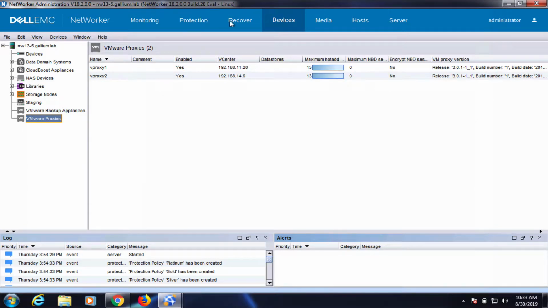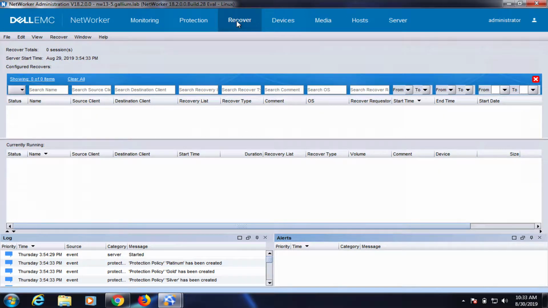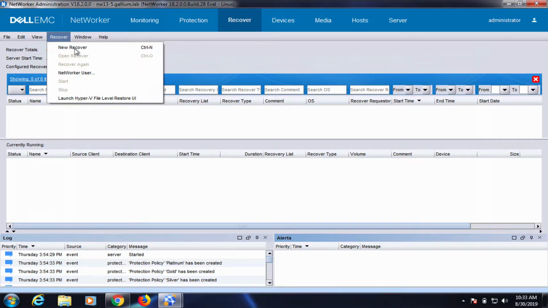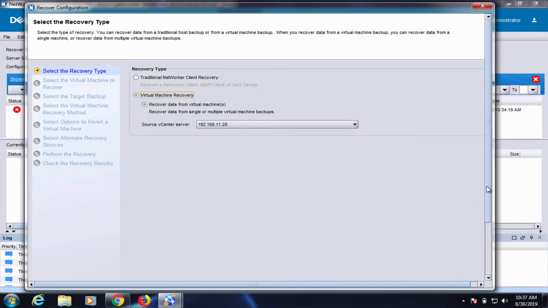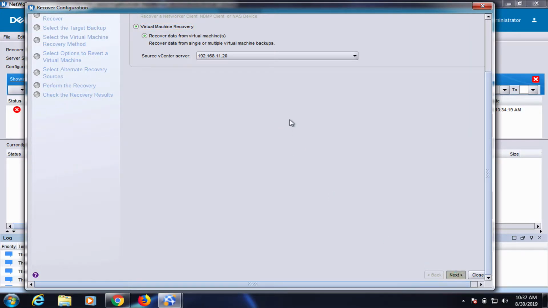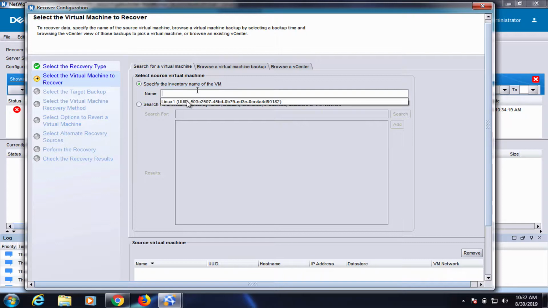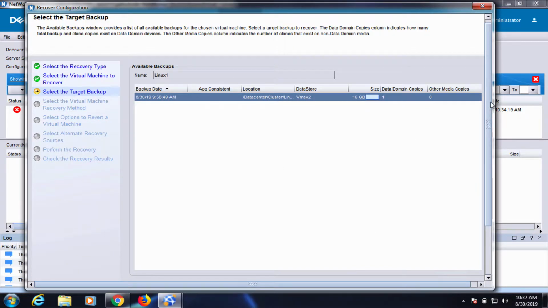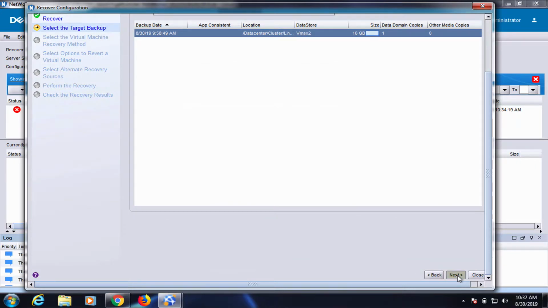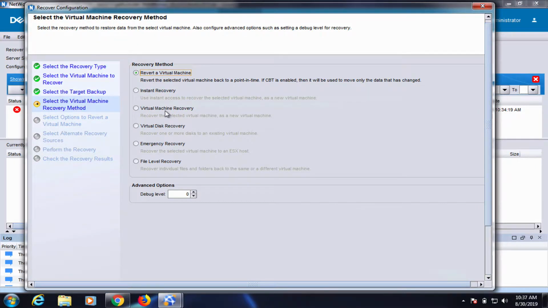Now we head over to the Recover tab, right-click on Recover, select New Recover, Virtual Machine Recovery, select your VM, click Next, choose Virtual Machine Recovery,